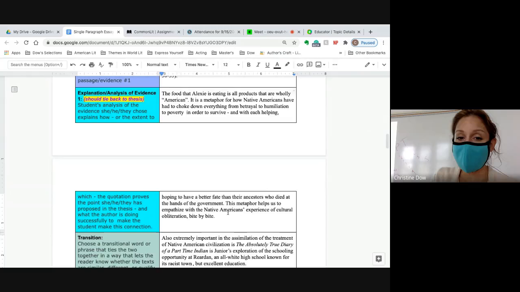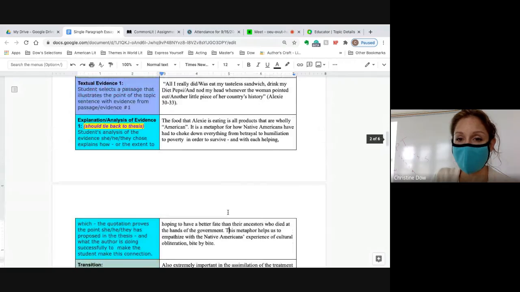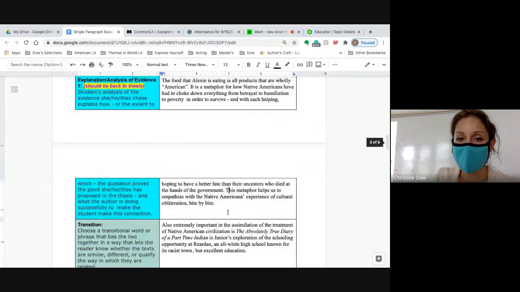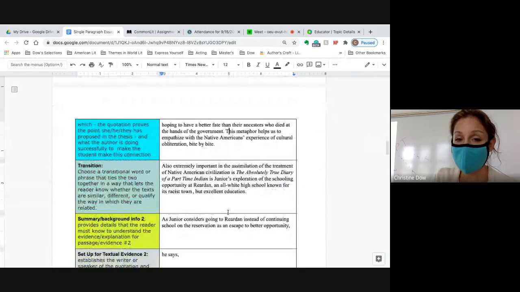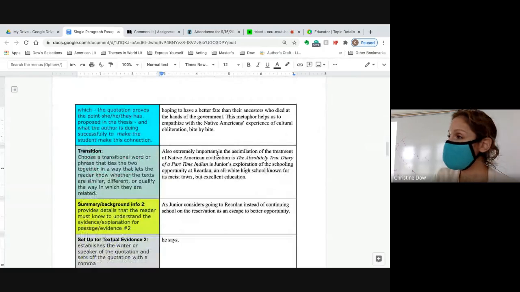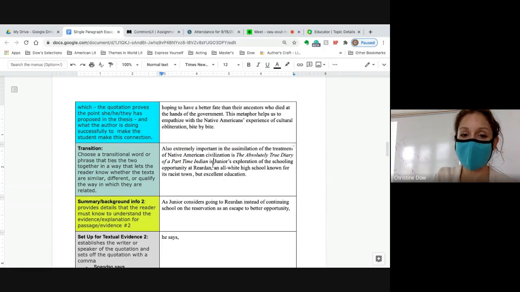Okay, now she goes into her transition, and it's nice because she reiterates the title of the piece she's going into. But note, you don't have to repeat Alexie's novel, The Absolutely True Diary of a Part-Time Indian. You already went into that piece. You already went into the genre and author. You don't need to repeat that.